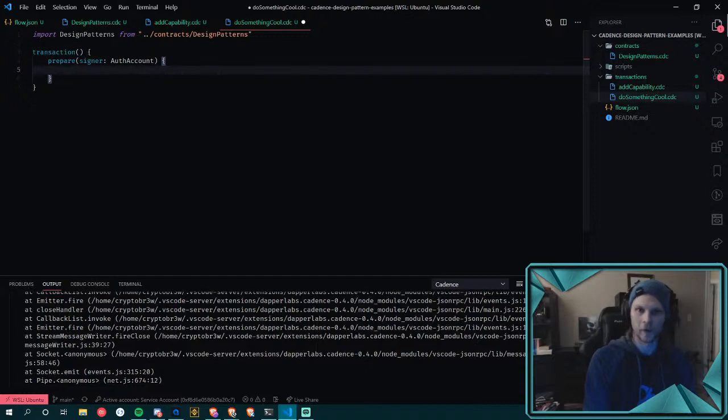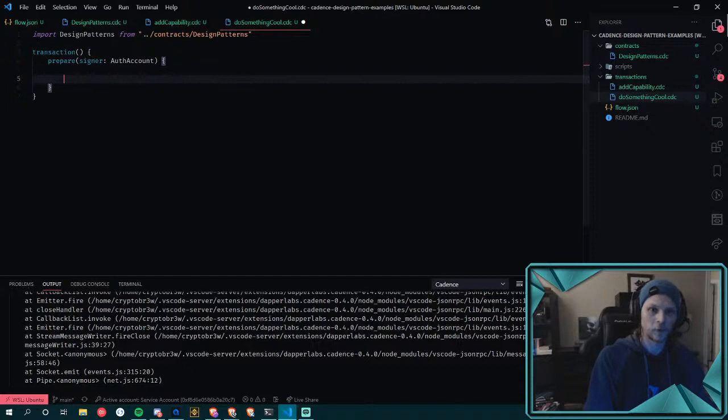That would probably be the right way to set it up, but for now we can just build it this way and go back to that later. So signer, we're passing in an authorized account, so we already have the account value. We do need to get the capability, or we need to at least borrow a reference to the actor resource, so